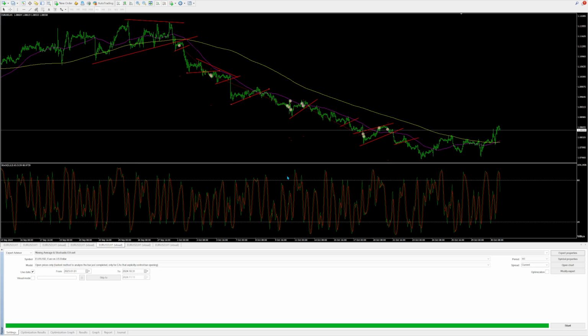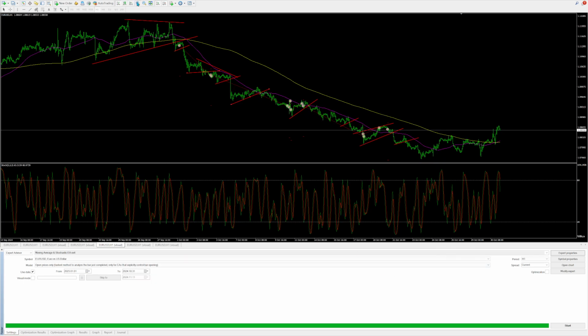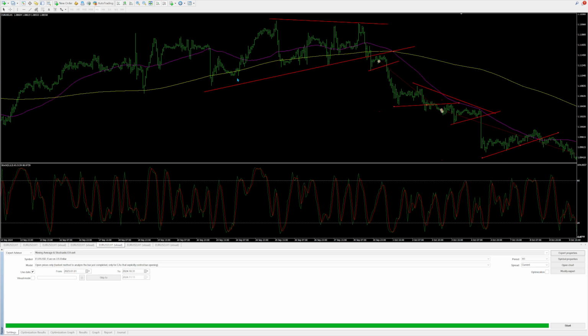So there are various ways in which you can implement the EA to trend trade. You can also range trade, use the EA as you want. You might just set the stochastic extreme and the stochastic trend to true, not even use the moving average if you're range trading, and look for a range like this one and buy and sell every time the stochastic crosses above or below the